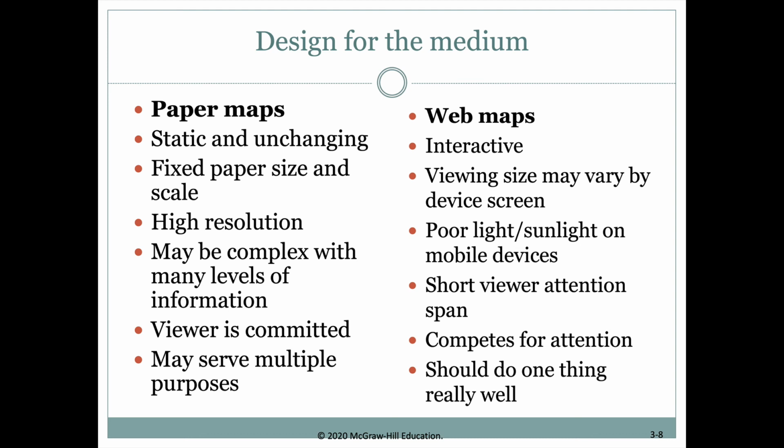It's interactive. The viewing size may change depending on whether someone's displaying it once again on their smartphone or on their office computer. Poor light or sunlight on a mobile device can really affect what people are able to see with it. And you might just get someone that has a much shorter attention span when they look at their map. They might be scanning through lots of different web pages, come across your map and only take a few seconds to look at it. So your map is competing for attention with a lot of other products out there on the internet. So the key there is, if you're making an internet map, it's often important to just show one thing very clearly, because that person might not be as focused on it as they would be